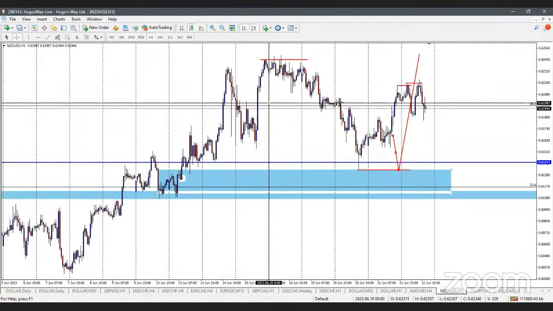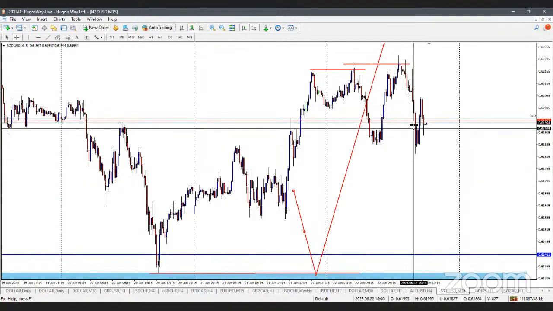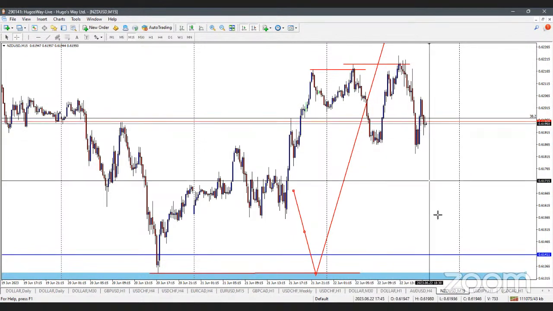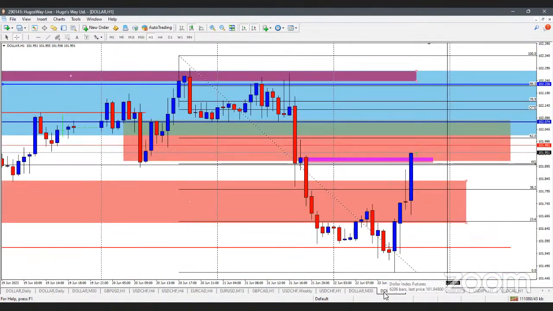So, an update on NZDUSD. It looks like the news didn't affect it too much. It didn't do really that much, but it definitely looks like it is a short. Okay, and I'm expecting it to probably go further lower. So I'm going to watch these pairs and see.